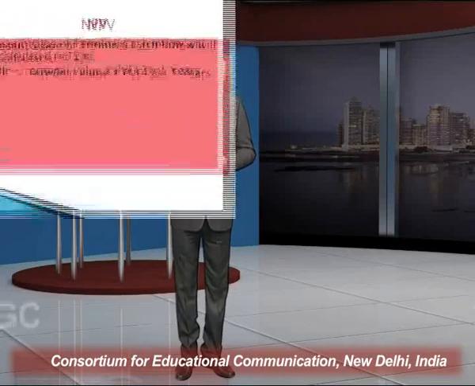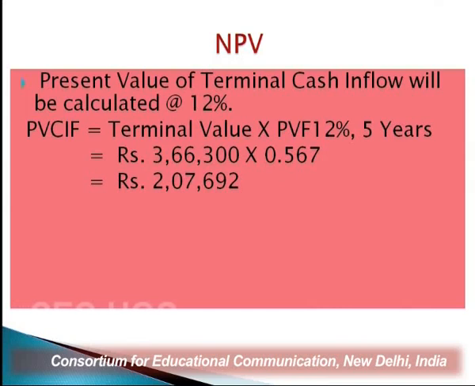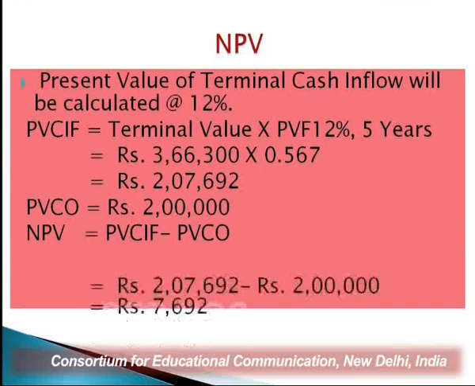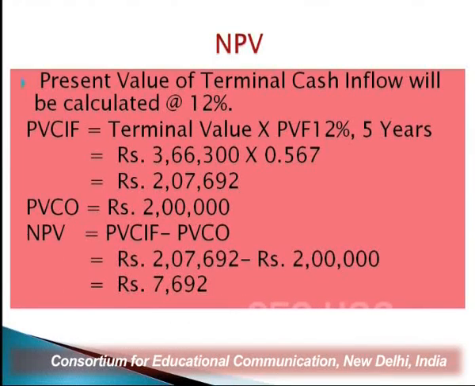And now it's time for us to calculate the present value of cash inflow. You can discount it. The rate of discounting given in the question is 12% for 5 years, and you get a present value of cash inflow of 2,07,692. The present value of cash outflow given in the question is rupees 2 lakh, and you calculate NPV. The NPV becomes rupees 7,692. So my dear students, in this terminal value method, what I wanted to suggest